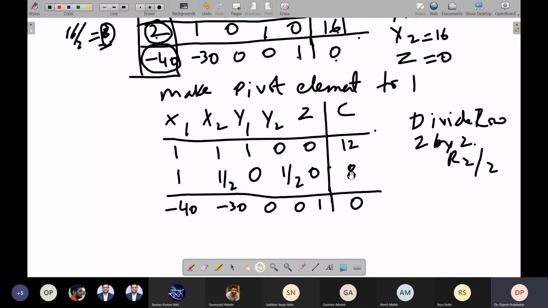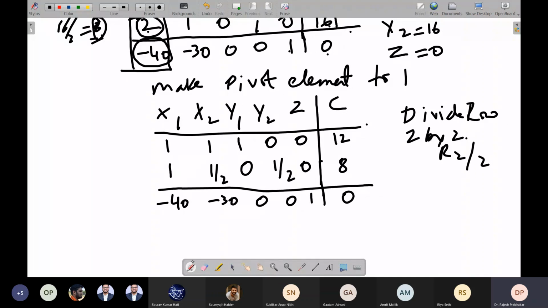Now what Gauss-Jordan elimination says is that all other elements in the column must be 0. So what should we do? To make this element 0, we have to do a row operation again. Row 1 minus, tell me, row 1 minus row 2, or row 2 minus row 1.